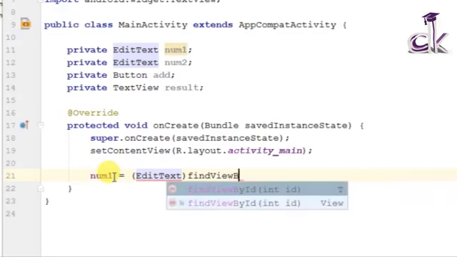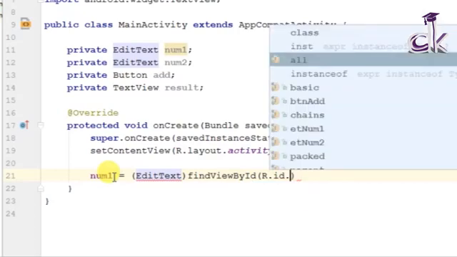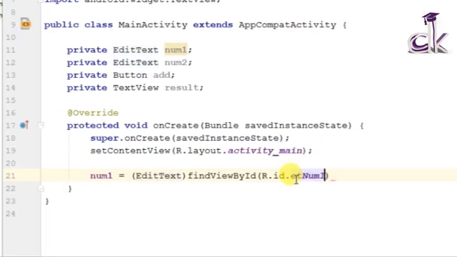So findViewById, and inside this you need to type R.id, where R is the R file which has all the IDs of your XML layout, and R.id. If you remember, we had used et_num1 as the ID of our first EditText.